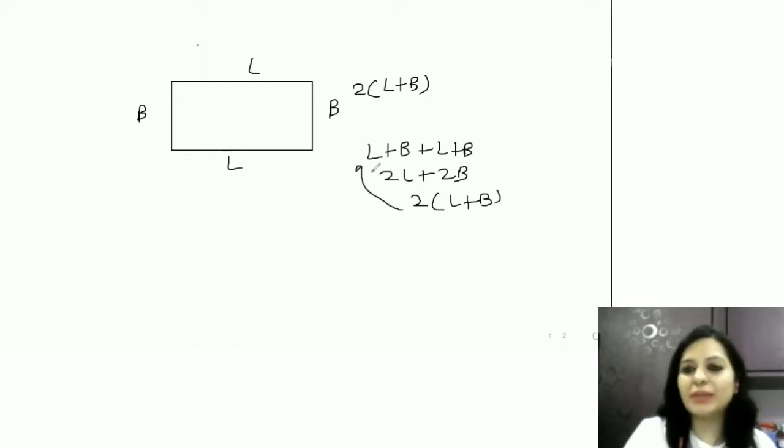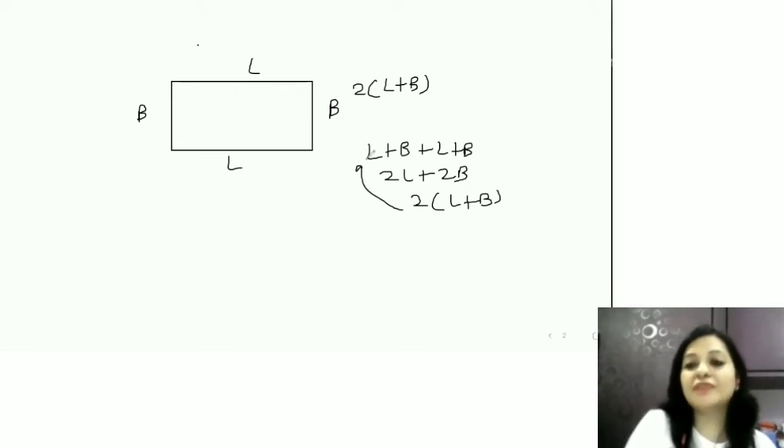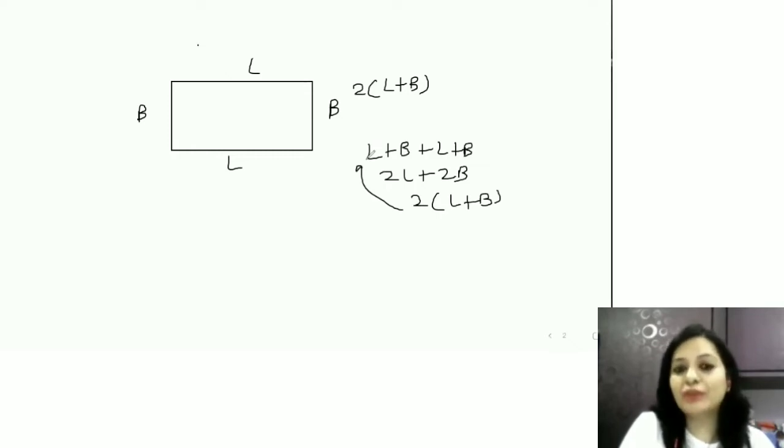So what I feel is if we explain them the reason, like why this is 2(L plus B). In my childhood also, I only knew perimeter is 2(L plus B), but never thought of it. As a student, no teacher explained this to me. Sometimes that is why we were confused about where to use the perimeter and where to use the formula of area. I know this may sound very simple to us right now, but I have seen students ask me, ma'am, where do we need to use the perimeter and where do we need to use the area.